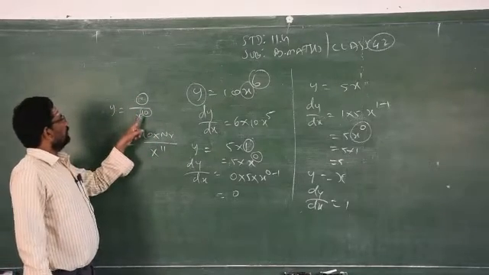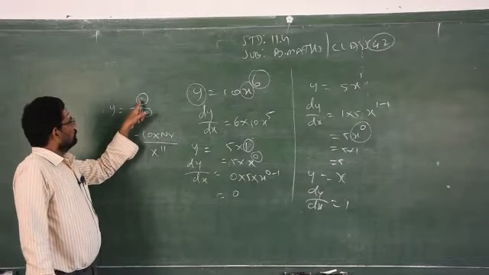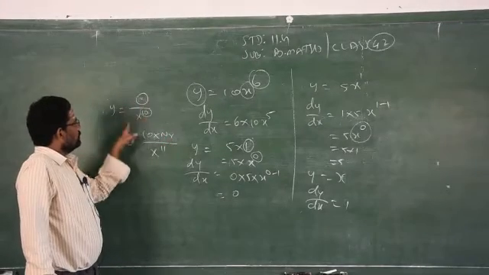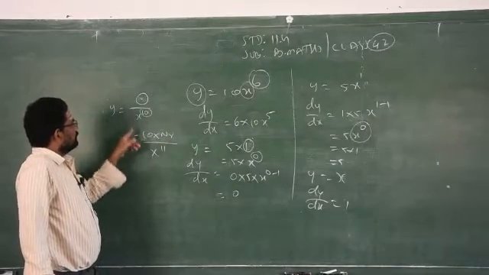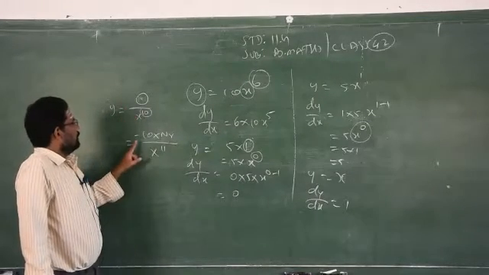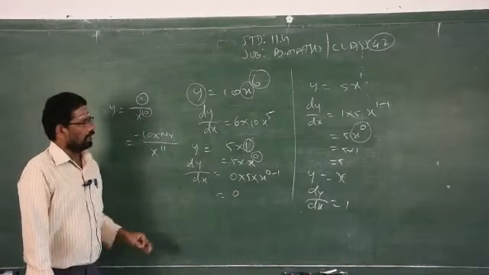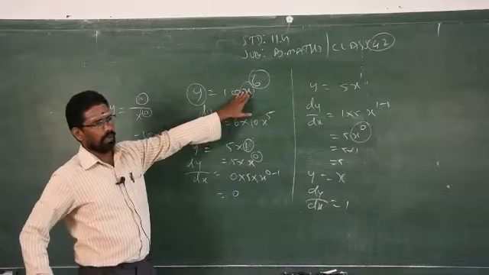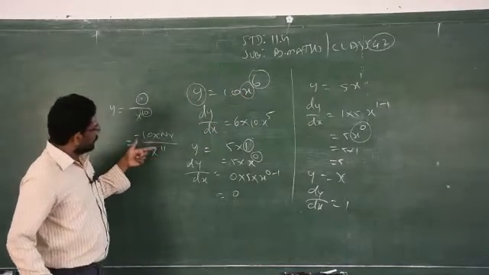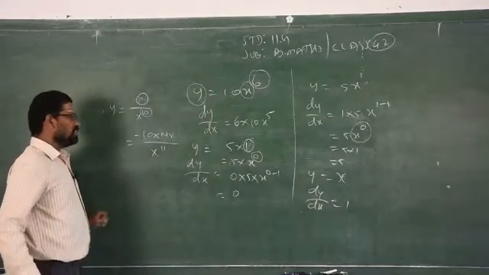Clear? So just multiply the power of the variable x in the denominator with the numerator, 10 into numerator. Then you have to change the sign of the given function. If it is given plus, you have to write minus. If it is given minus, you have to write plus. Then x power 11, add 1 to the power. Whereas you have to subtract 1 in the other method. In this model, you have to add. There you have to subtract. So this is the basic concept.